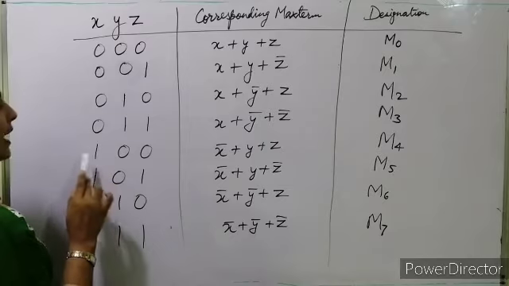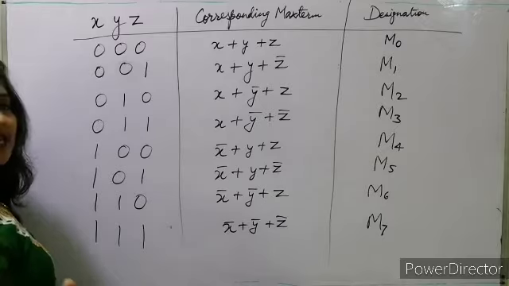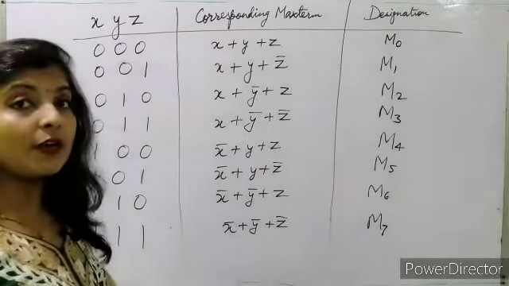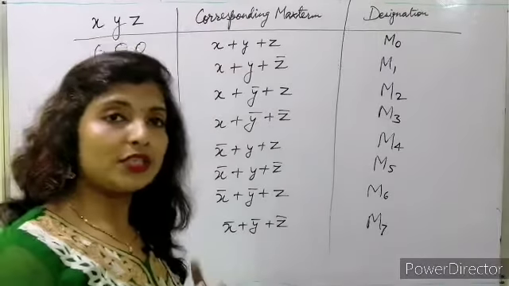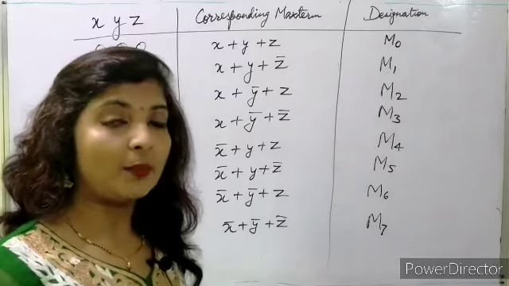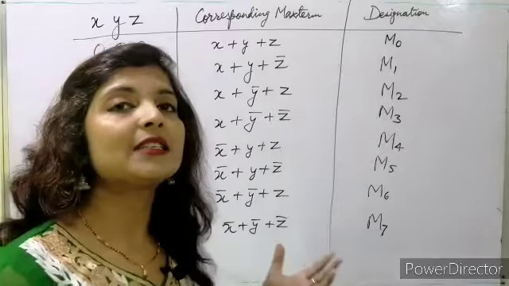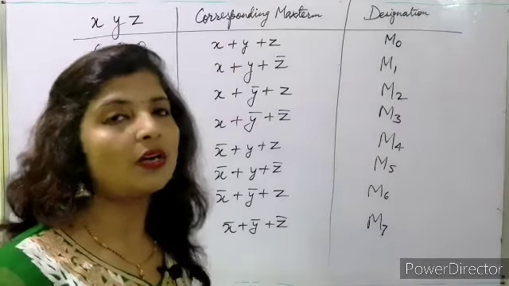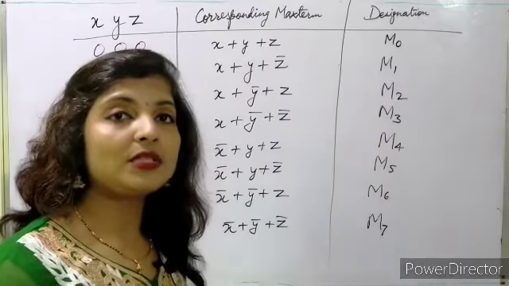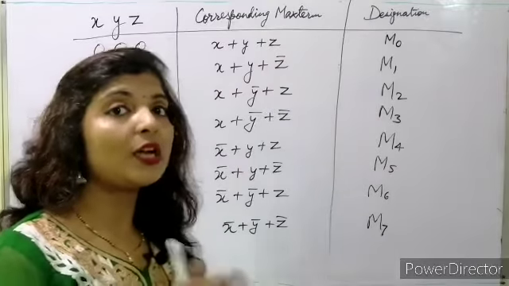Okay, 1 0 0. So x bar plus y plus z, क्योंकि 0 के लिए we'll use the variable and 1 के लिए we'll use the complement of the variable. But in min term what we were doing, जो भी complement रहेगा वो 0 के लिए रहेगा and variable we were using for 1, and that was for the AND operator, we were multiplying it. But here we are using the OR operator. Max term is a logical OR term. So logical OR matlab addition we have to do, and here for 0 we are using the variables and for 1 we are using the complement.